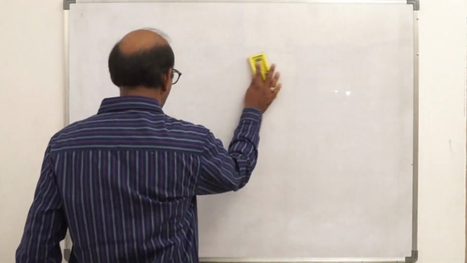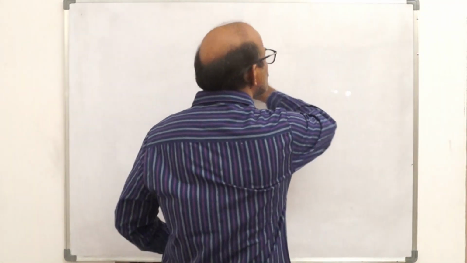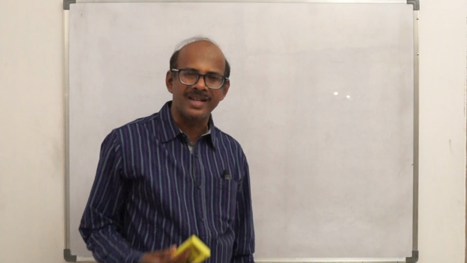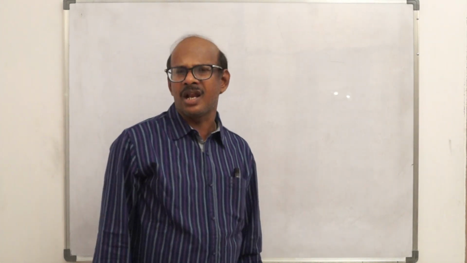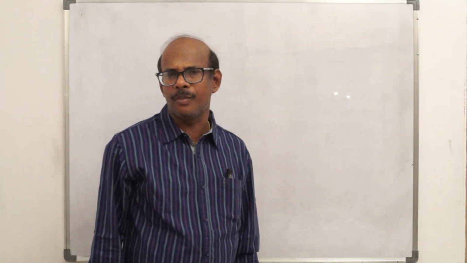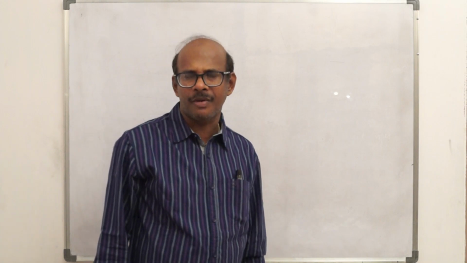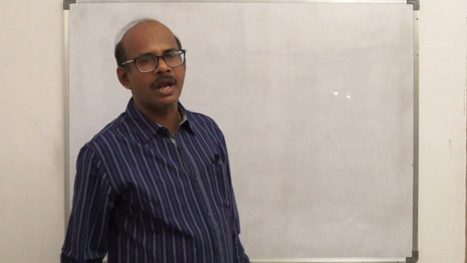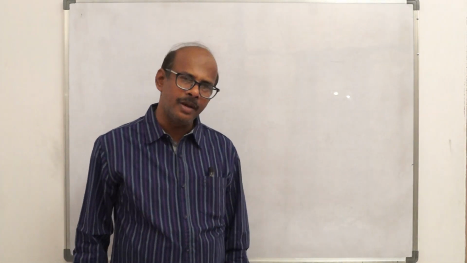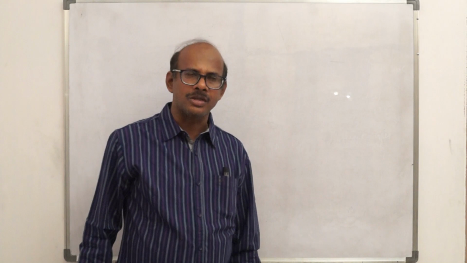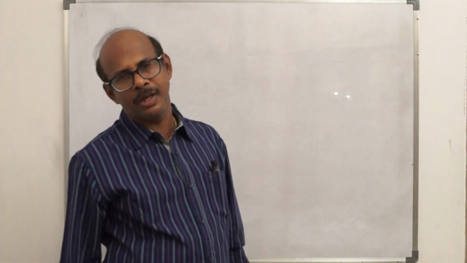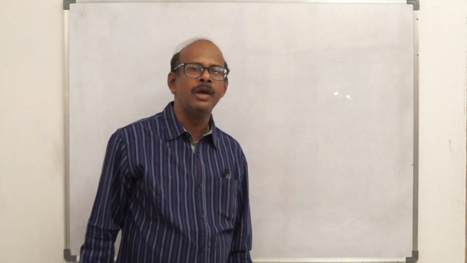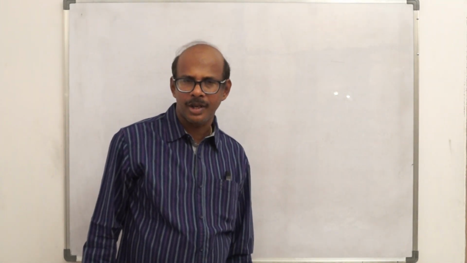My dear students, in compound angle, the basic formulas, once again there is a repetition. Sin of a plus b, sin of a minus b, sin of a plus b plus sin of a minus b, sin of a plus b minus sin of a minus b, sin of a plus b multiplied by sin of a minus b, and cos of a plus b, cos of a minus b, cos of a plus b plus cos of a minus b, cos of a plus b minus cos of a minus b, cos of a plus b multiplied by cos of a minus b.